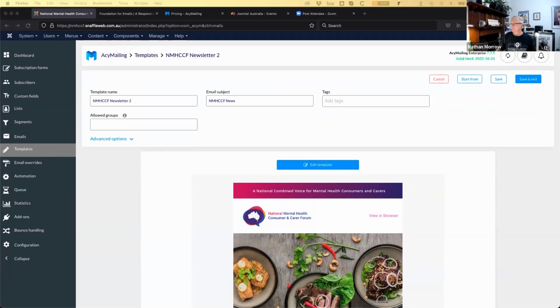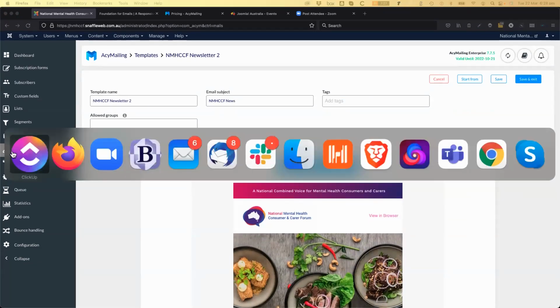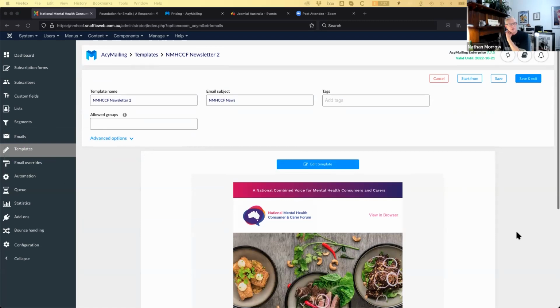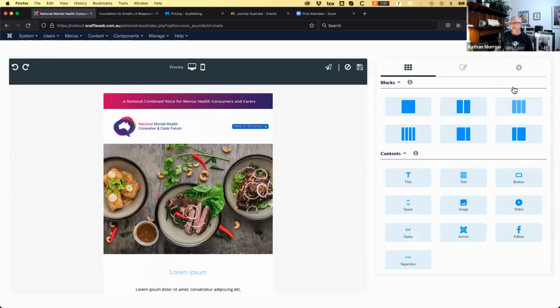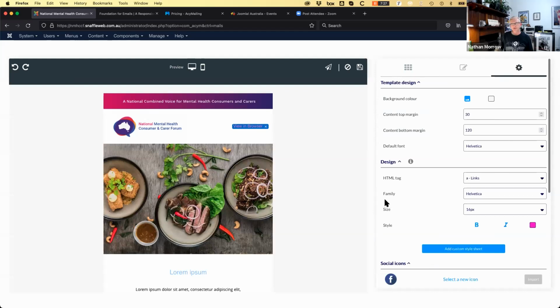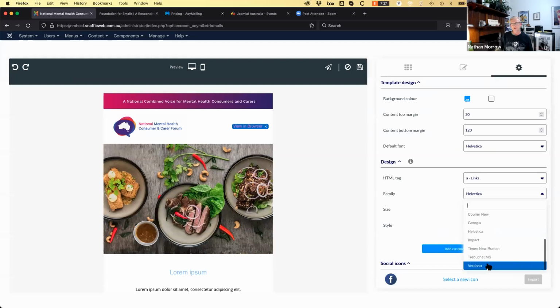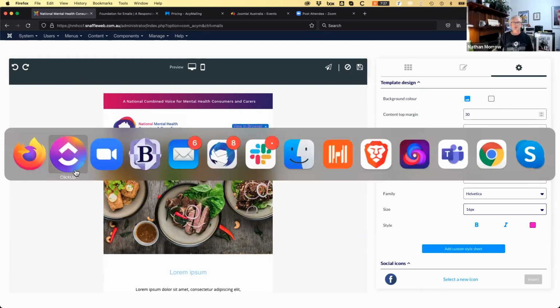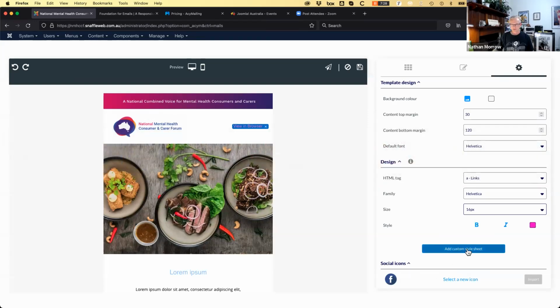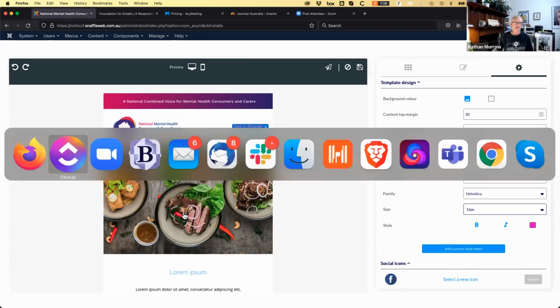One of the things that I'm missing is my font, in that this particular client's using a Google font. Over in the general settings, you'll see we've got font families. We don't have a great range. It's just the kind of web-safe fonts. Apparently integration with Google Fonts is coming, but it's not quite there yet. So you have to do a little workaround, which we do with the Add Custom Style Sheet button here.